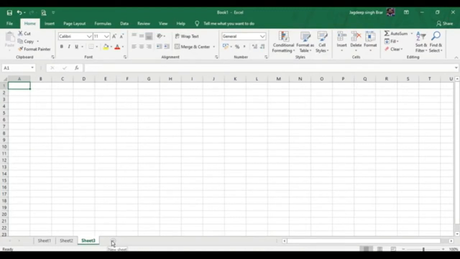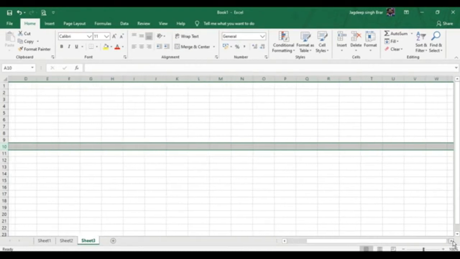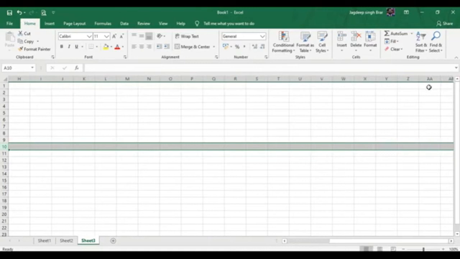A worksheet in Excel has 1048576 rows and a total of 16384 columns. The rows are numbered from top to bottom along the left edge as 1, 2, 3, 4, and so on. So as you select, this is one row. The columns are labeled from left to right using the letters of the alphabet. The first column is A, second is B, and so on until Z. Next, the numbering starts with AA.